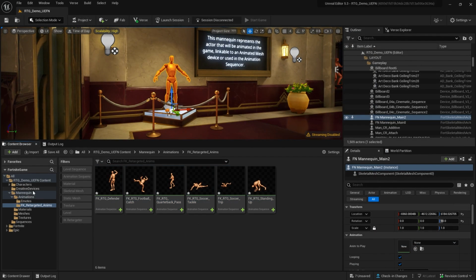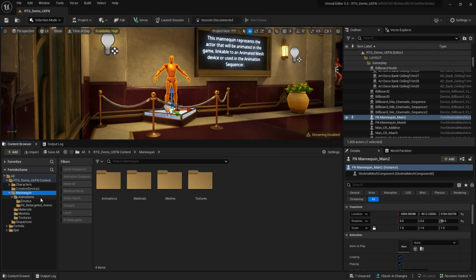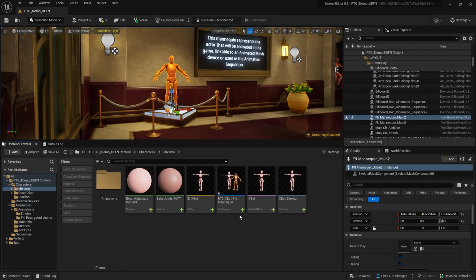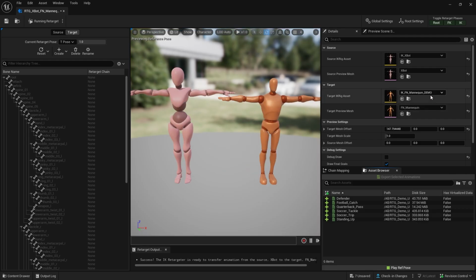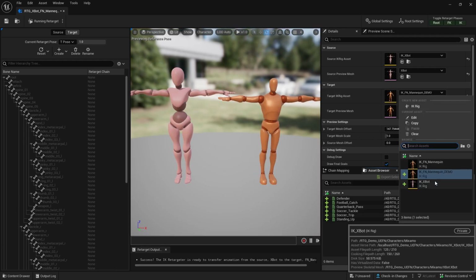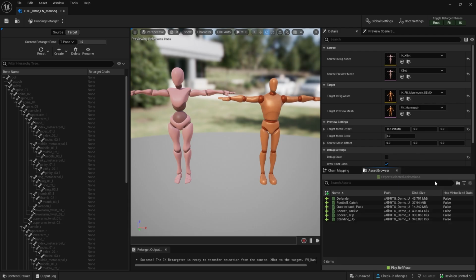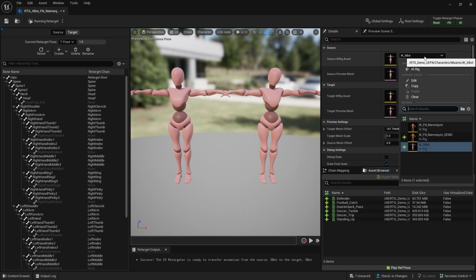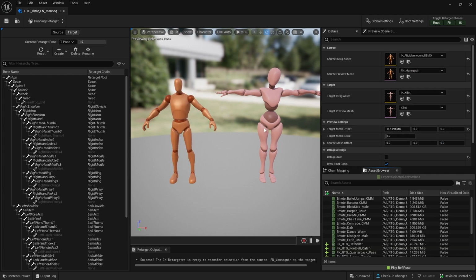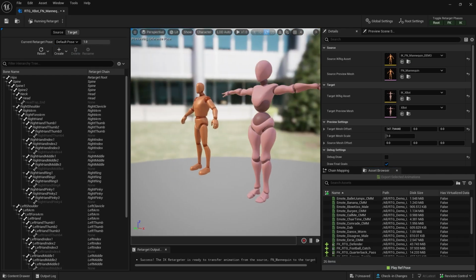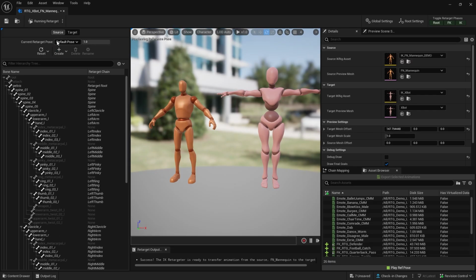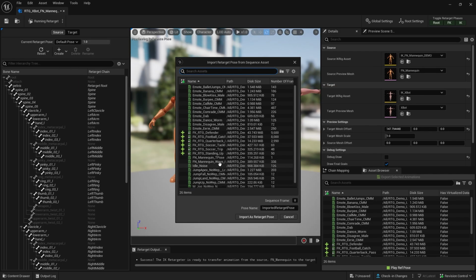Now, something else I'd like to note with the retargeter that's pretty interesting is if I go back to my Mixamo character and I go back to here, I could switch these if I wanted to. So let's say that target is the Mixamo character and the source IK rig is the demo. I will change my target back to just whatever default. And I could then change my source retarget pose if I wanted to. So we'll go again and bring in that T pose,